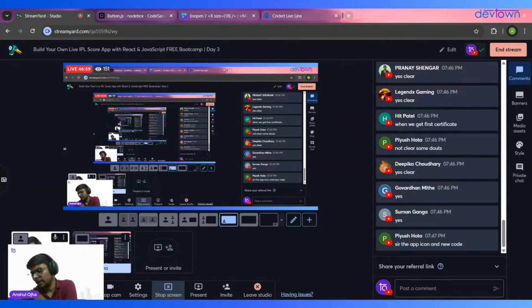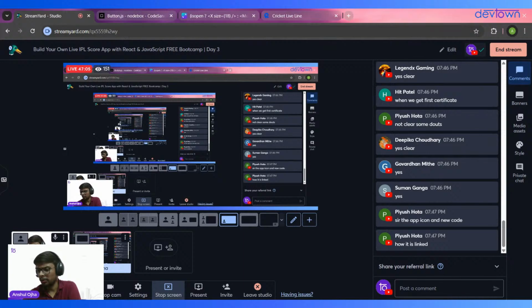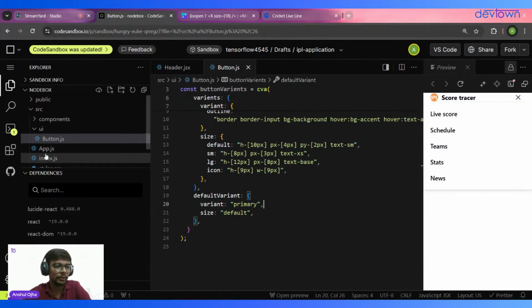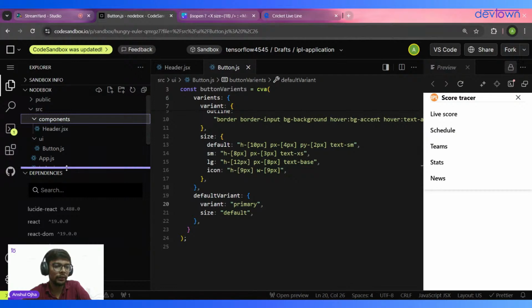The app icon and the new code. What is the relation between the app icon and the new code? How is it linked? See, the app icon is not linked with this code. The app icon is different. The app icon code is over here inside the component. If I show you,